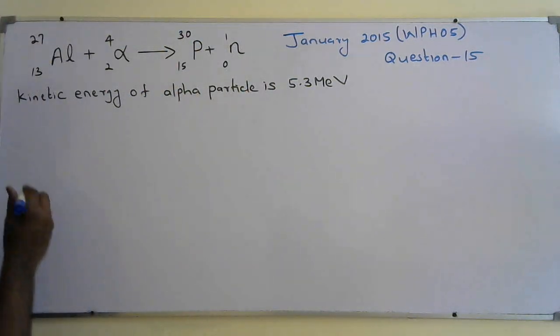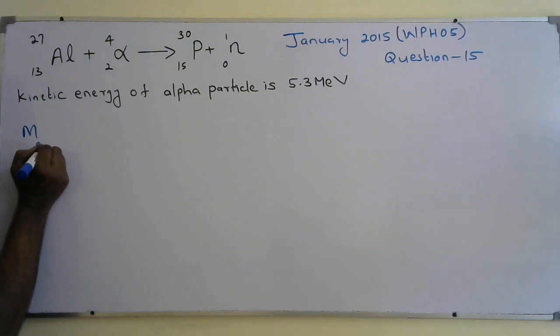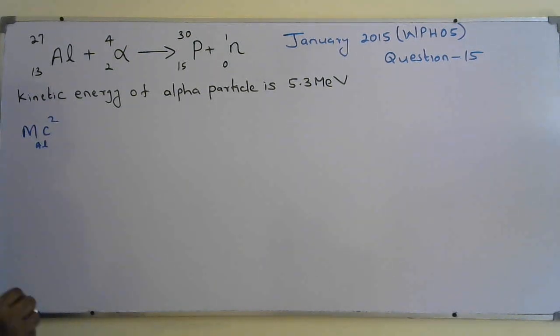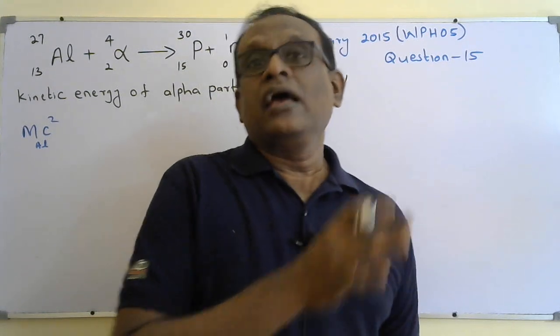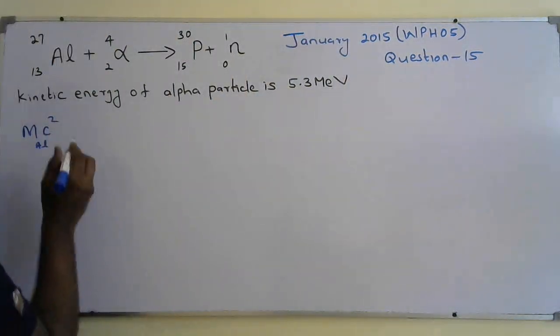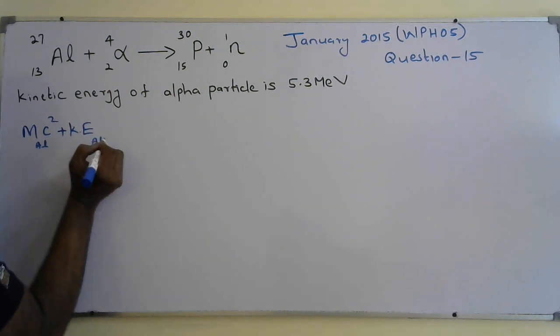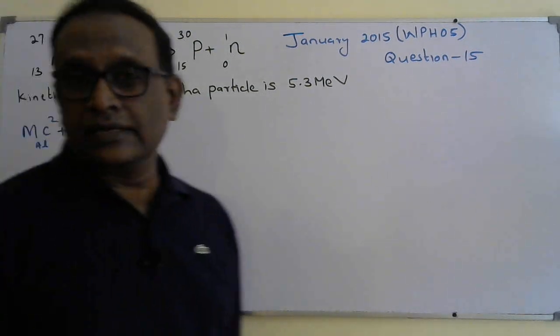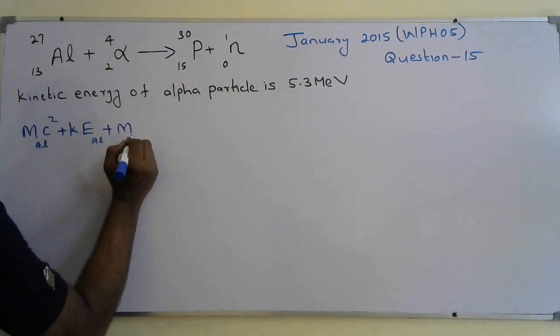Okay, so the energy equation I can write like this: mass of aluminium times c squared, that's the equivalent energy of the mass of the aluminium nucleus, plus kinetic energy of aluminium, which I'm just showing, but it's 0, plus mass of alpha c squared